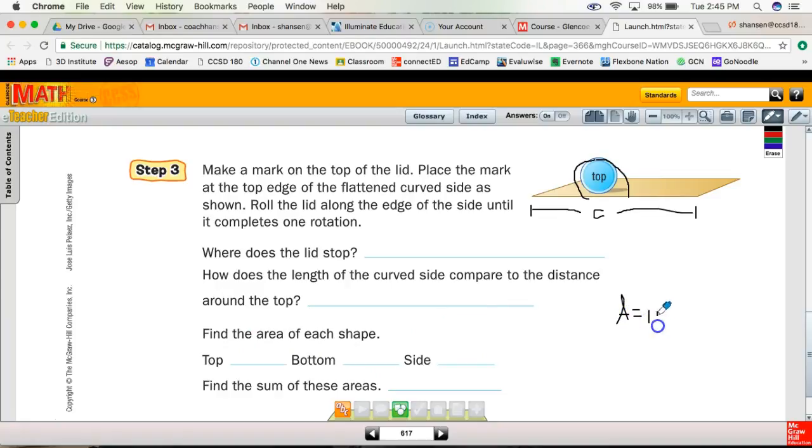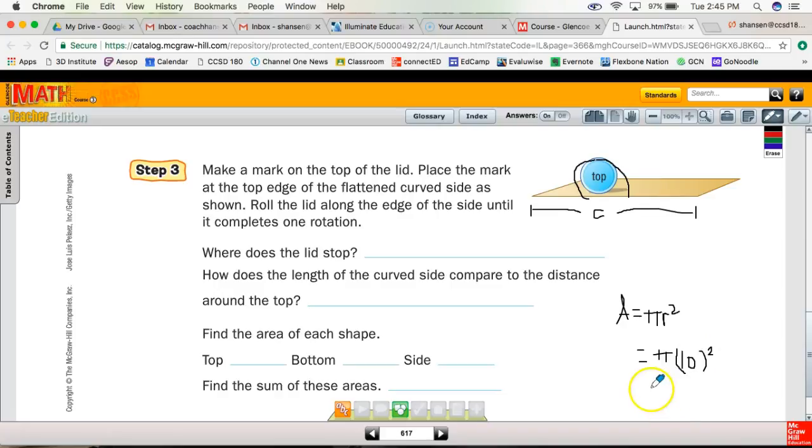For right now, I know we've spent a lot of time in our book using the actual value for pi, and on IXL using 3.14 for pi. For right now, we're maintaining the consistency of what we were doing in volume, using the actual value and then rounding whenever we have to. So if I was going to find the area of each shape, the top and bottom would be the same. The two circles are exactly the same size. It said my diameter was 20, which means my radius is 10. So pi times 10 squared is 100, so it should be 100 times pi,